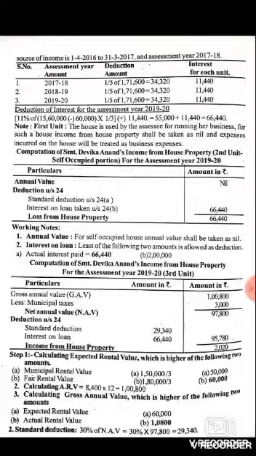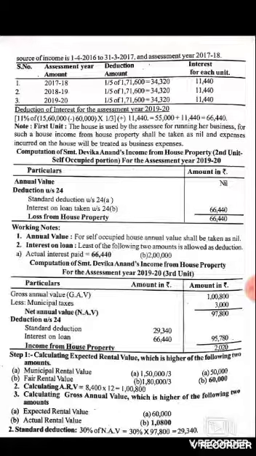Calculating the expected rental value, the higher of the following is taken. Municipal rental value is 1,50,000 by 3, so for one unit it is 50,000, and fair rental value is 1,80,000 by 3, so for one unit it is 60,000. So ARV equals actual rental received. So here 1,80,000 will be taken